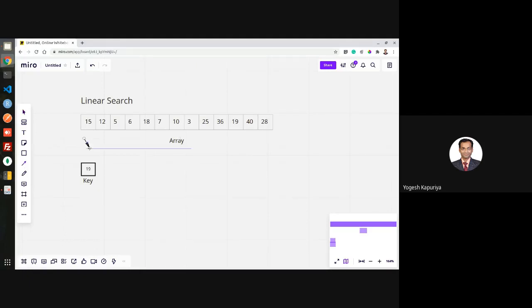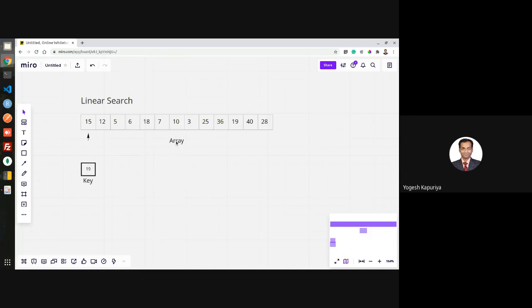So you will have some kind of a pointer, and you will simply compare the value at that pointer with the key element.